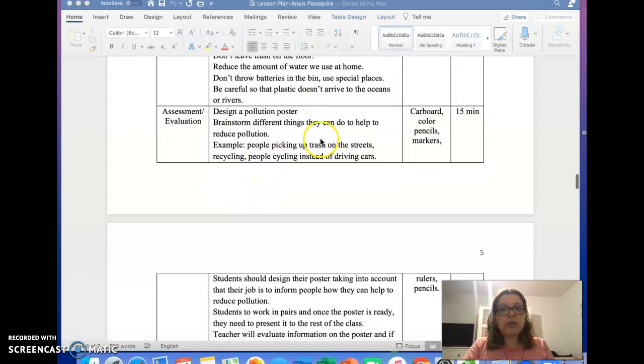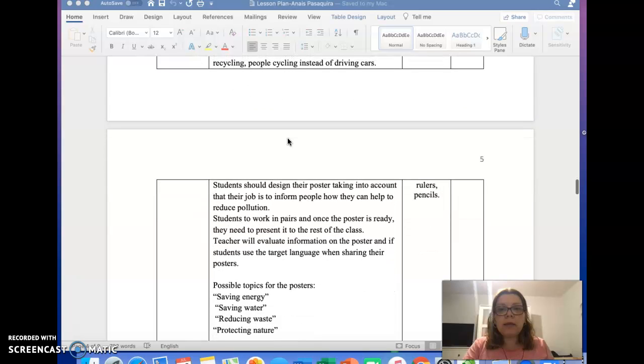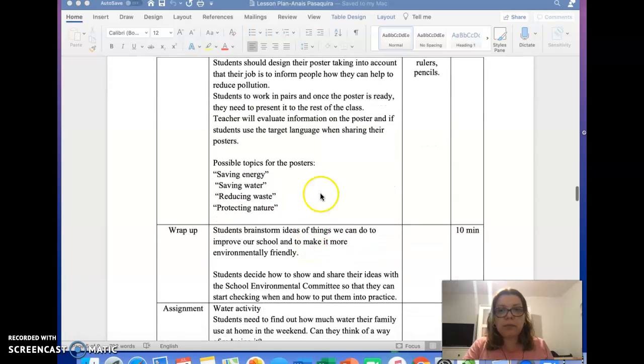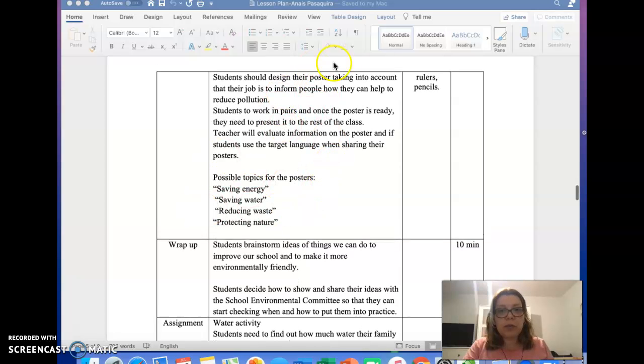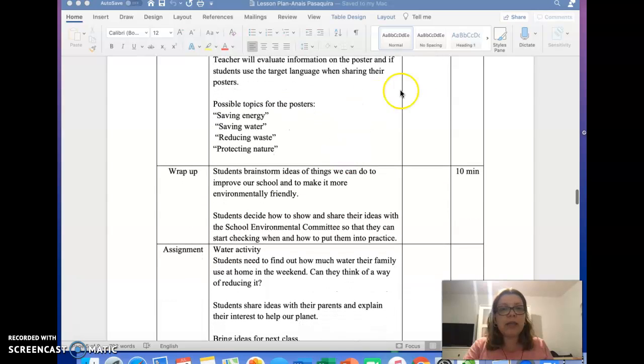They are going to use cardboard and color pencils to design the poster. And the idea is that they choose one of the 4 topics here to work on the poster. So they can choose from saving energy, saving water, reducing waste, or protecting nature. After choosing one of the topics, they can easily design their poster with their ideas and then share with the